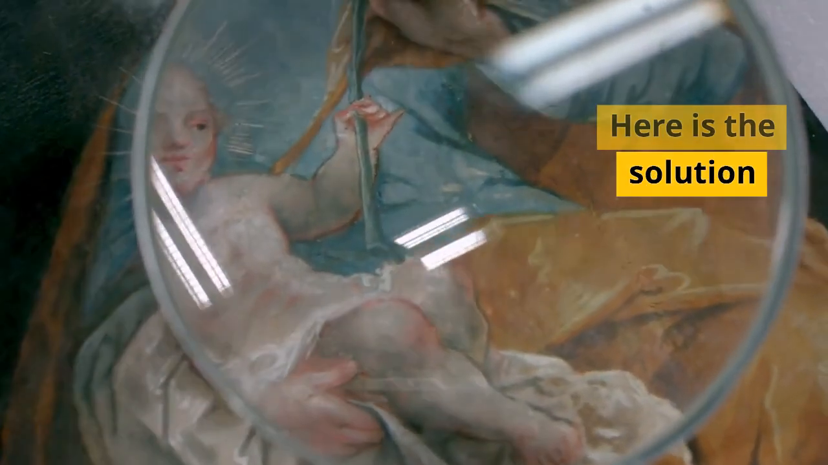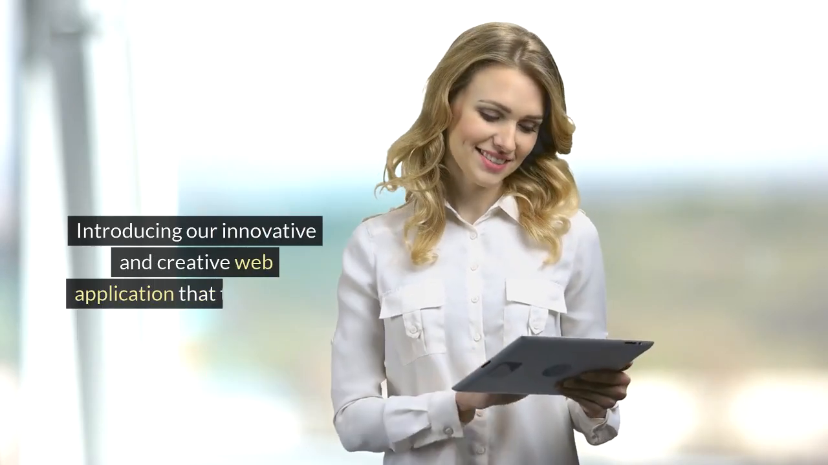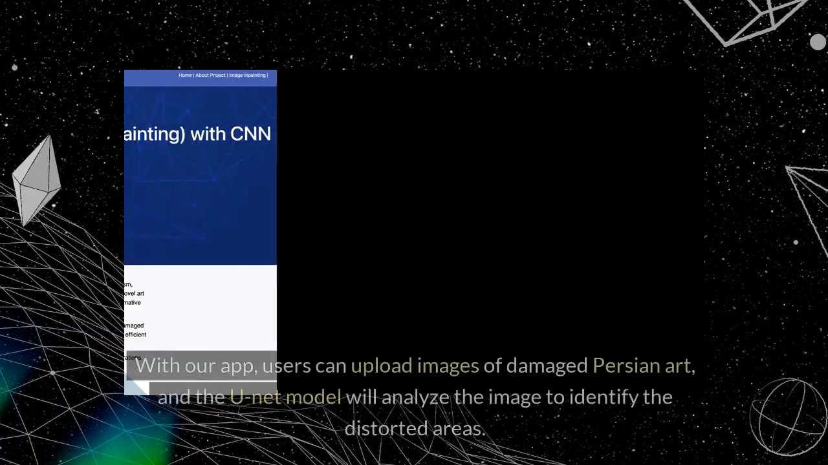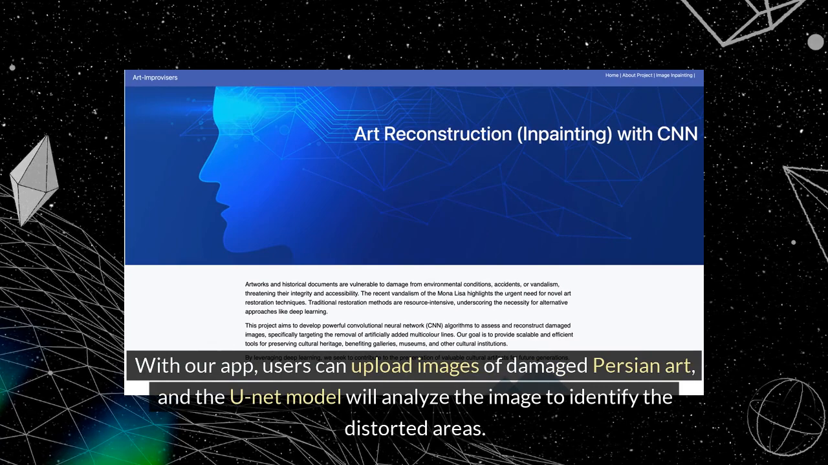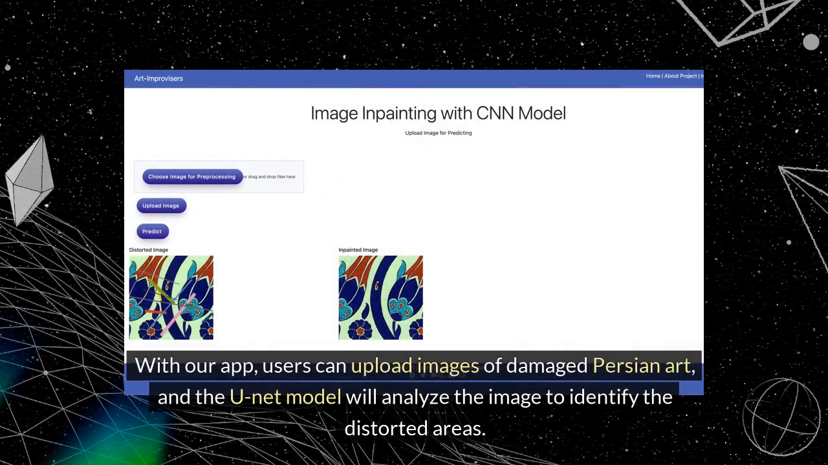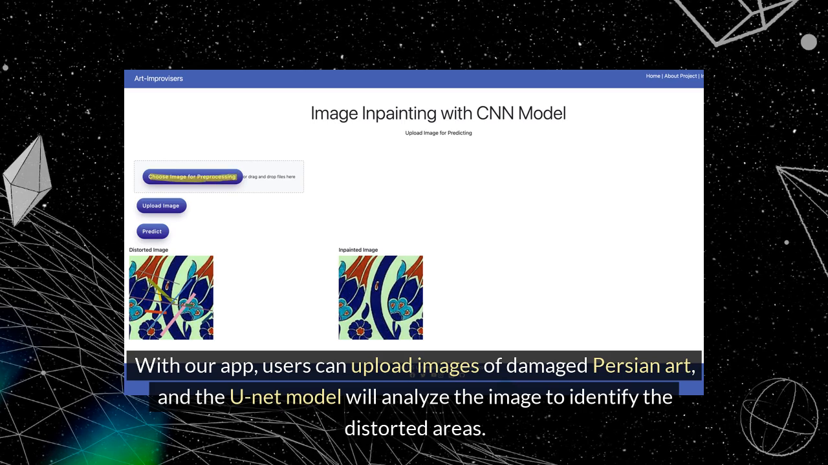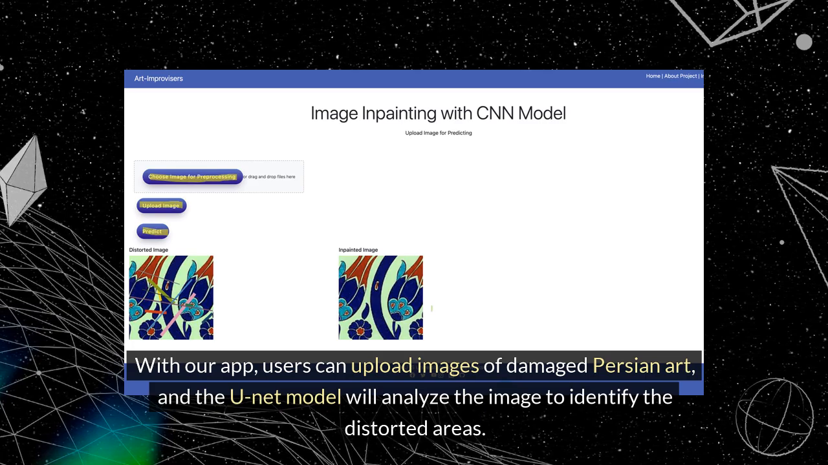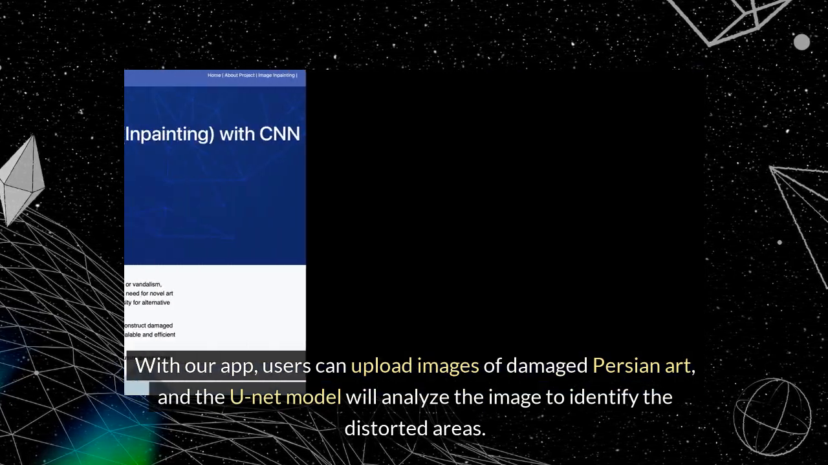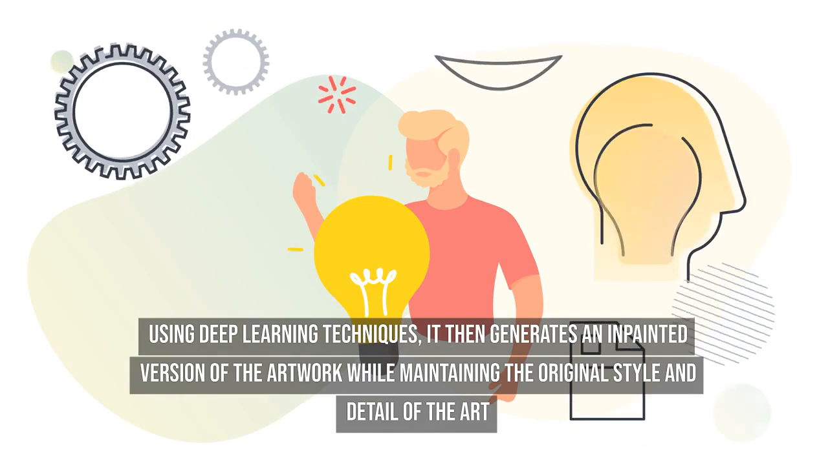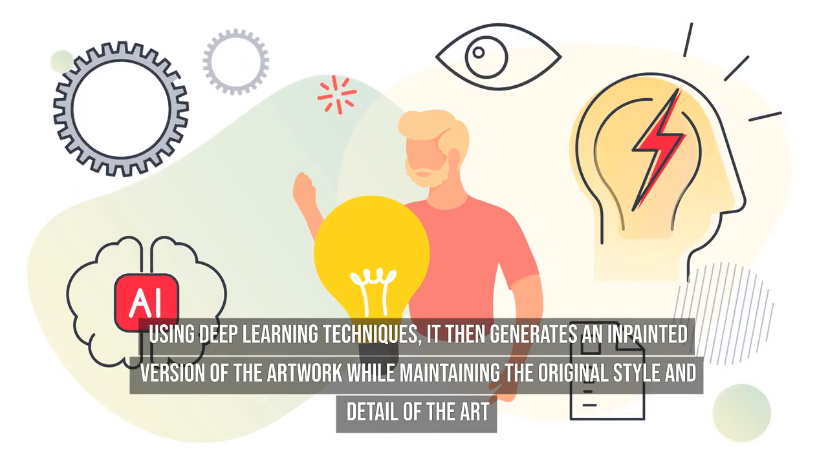Here is the solution. Introducing our innovative and creative web application that harnesses the power of the UNet CNN model for image inpainting. With our app, users can upload images of damaged Persian art, and the UNet model will analyze the image to identify the distorted areas. Using deep learning techniques, it then generates an inpainted version of the artwork while maintaining the original style and detail